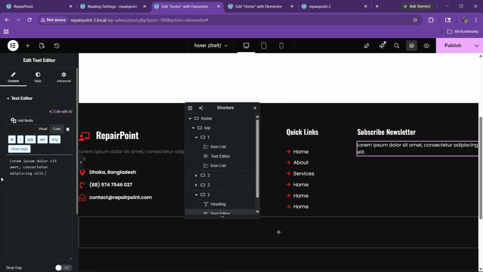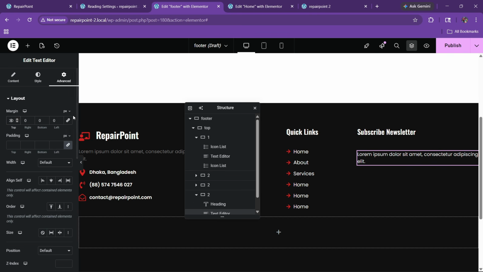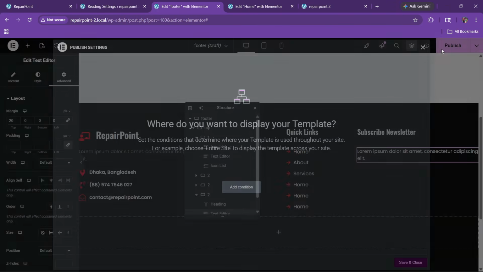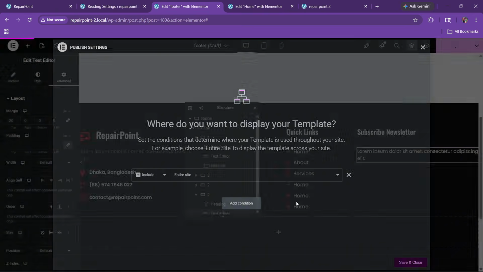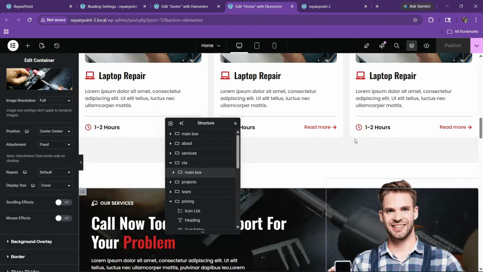Okay, here we can just make this. Okay, let's first publish this so we don't lose any changes. Add condition and add site. Okay, now you can see we have this form, simple form. So for the form, let me show you a trick